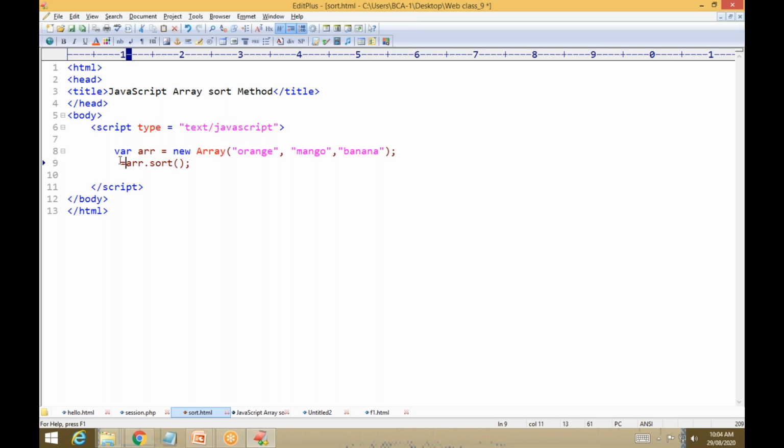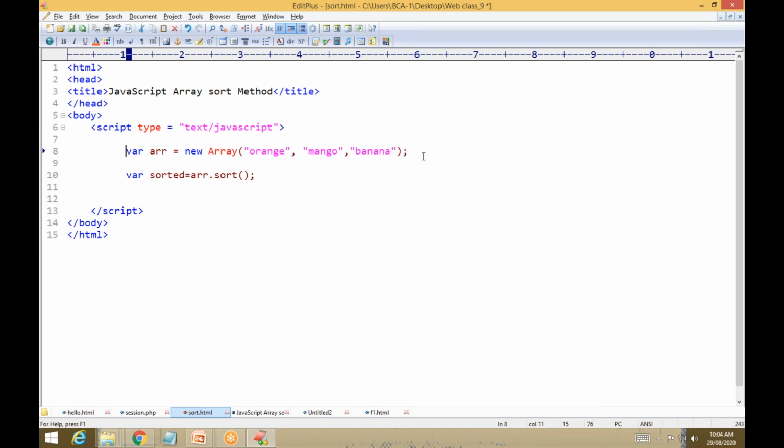After sorting I want to store the result in another variable, called sorted. Variable declaration you already know. Then I want to save this. After sorting you have to print the values. First I'm printing the values using a for loop.